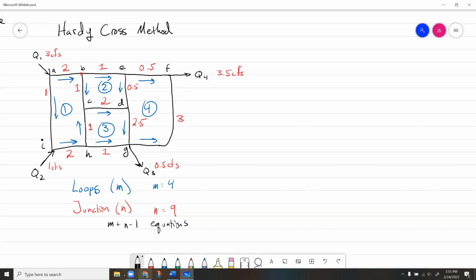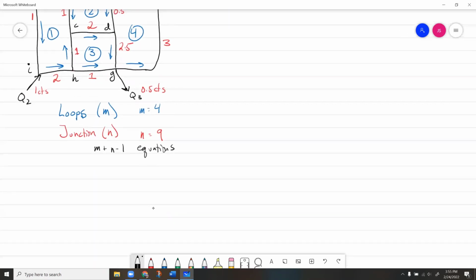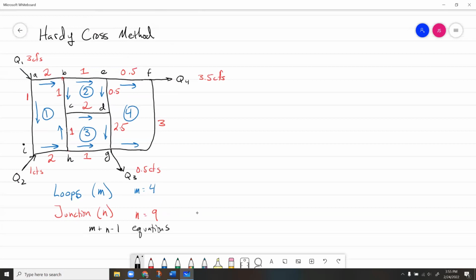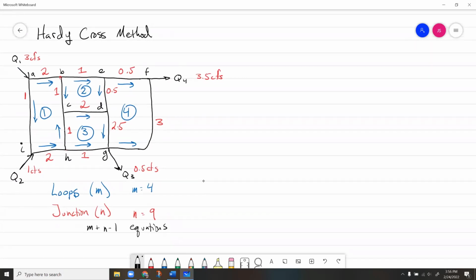All right, so let's get into the process of doing the actual Hardy Cross method. I'm going to just talk about this algorithm that we use, and we'll set up the problem. So at each junction,